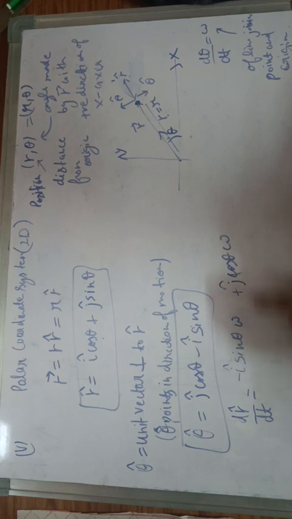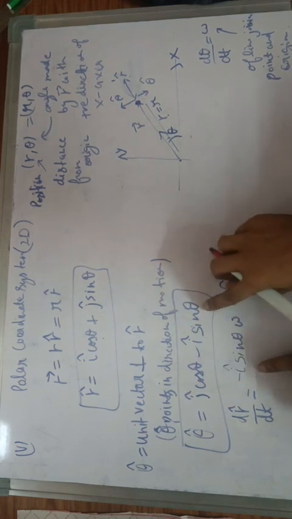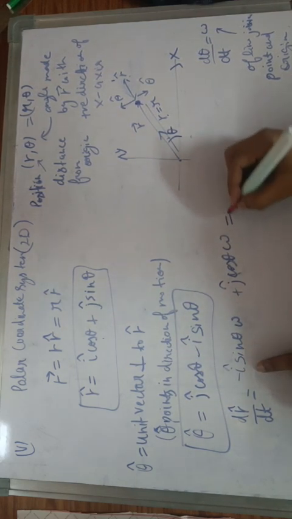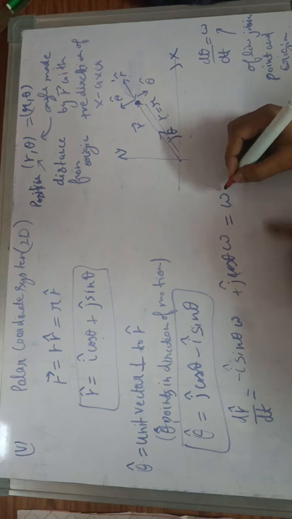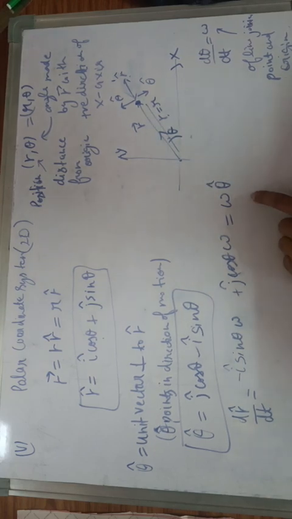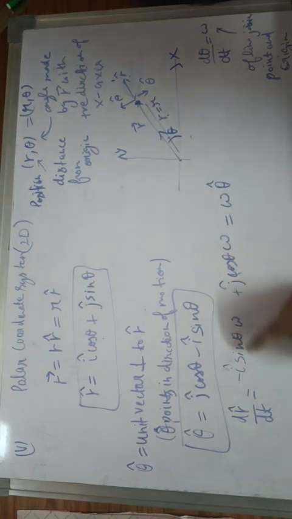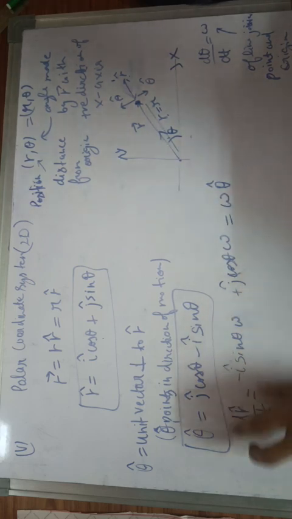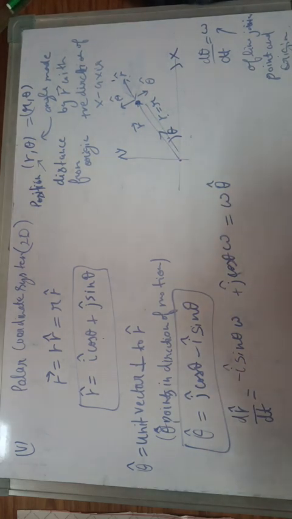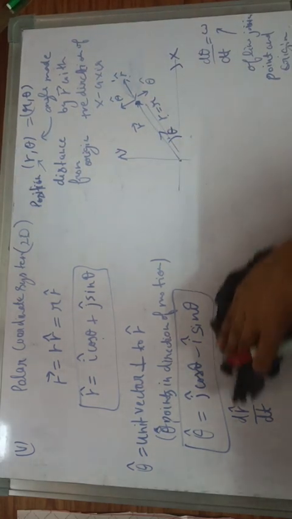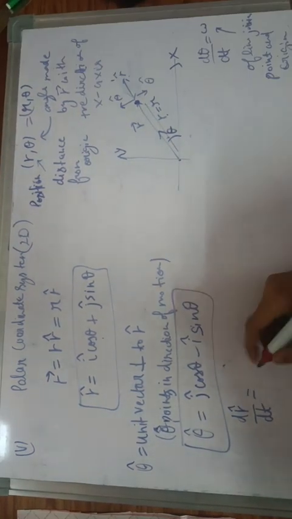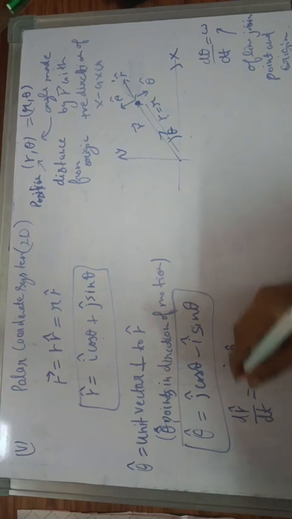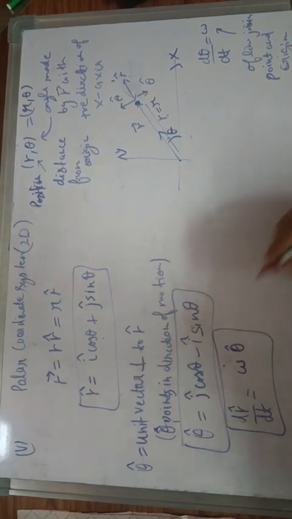Now if we take omega common, then this value becomes this. We will say that this becomes omega theta k, because minus i sin theta and j cos theta, both sum will give theta k. So I can write this simply as omega theta k, and